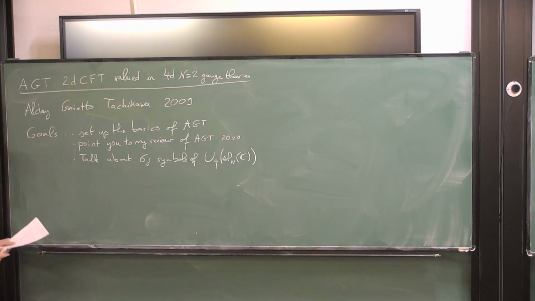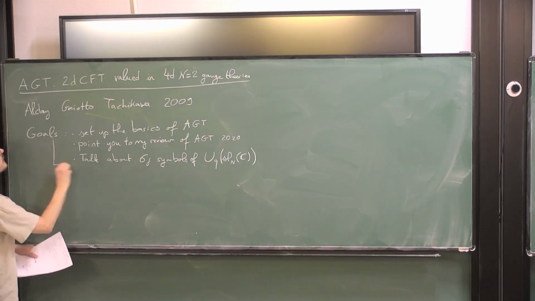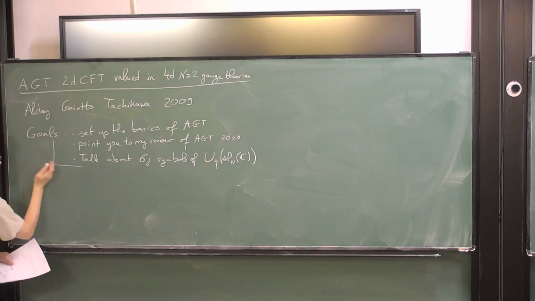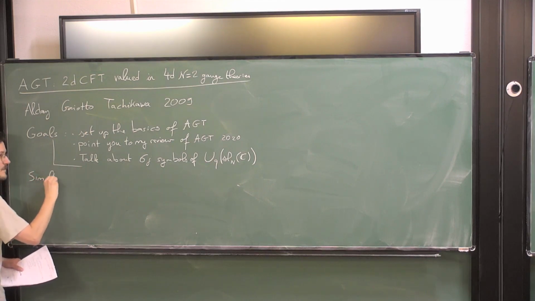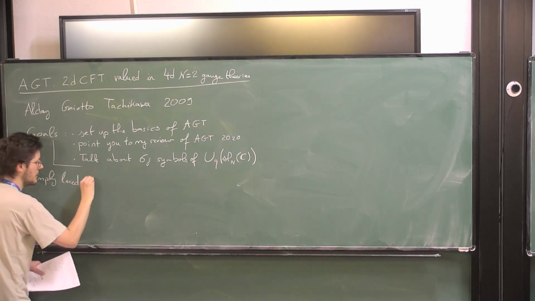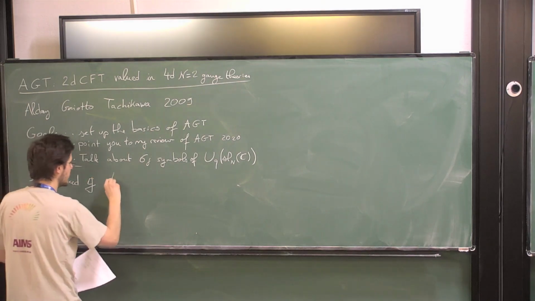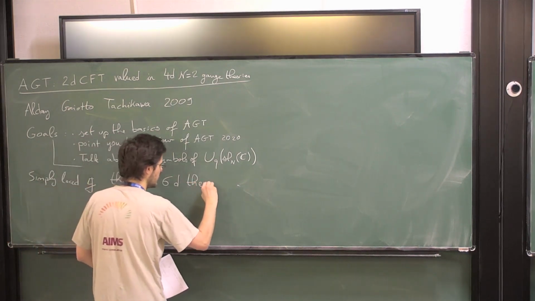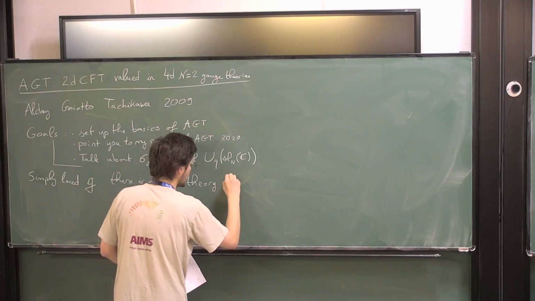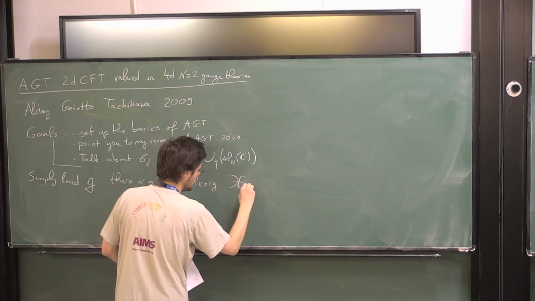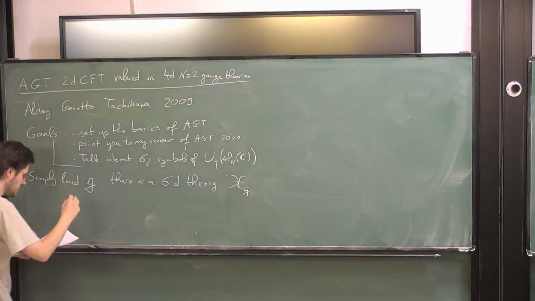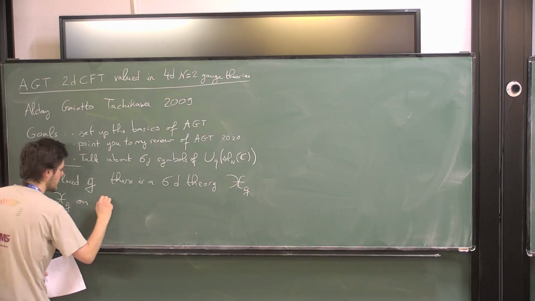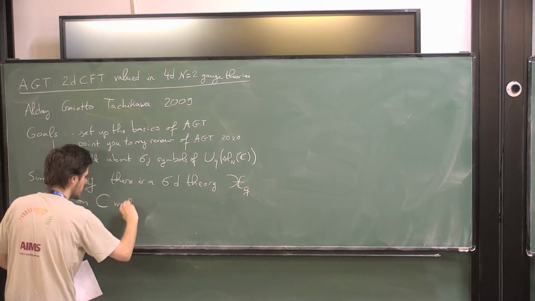So what is the AGT correspondence? At its core, as I wrote in the title, it's a 2D CFT valued in 4D N=2 theories. The idea is that for each simply laced Lie algebra G, there is a six-dimensional theory, which I will try to give you some glimpse about, which I'll call X_G. And if you put this X_G on a Riemann surface C with punctures,